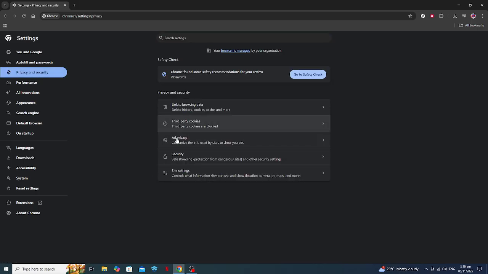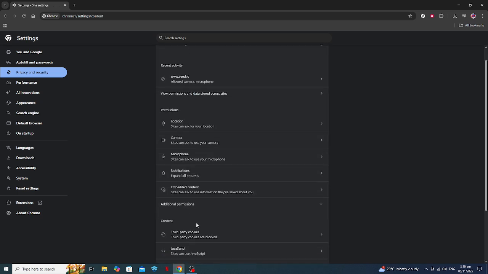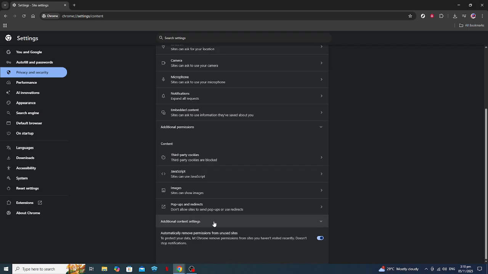This will bring you to a page with a whole host of options related to your online privacy and how Chrome handles your browsing data. Here, you're going to find an option called Site Settings. Click on that. Site Settings lets you manage permissions for website data and features you want to enable or disable